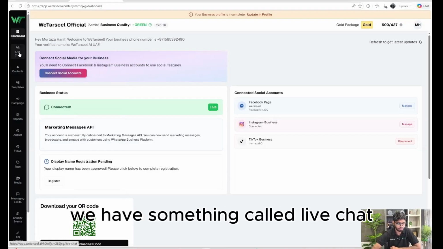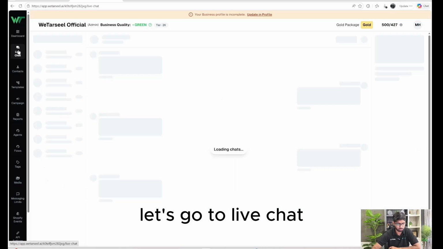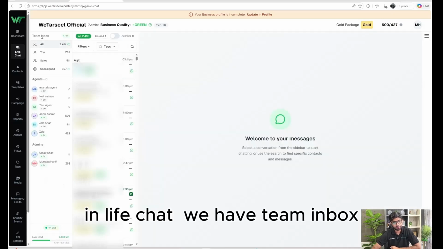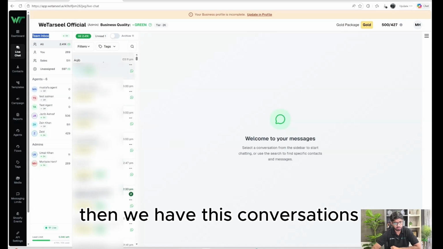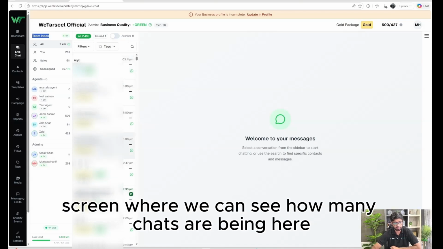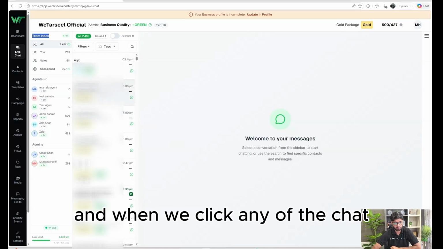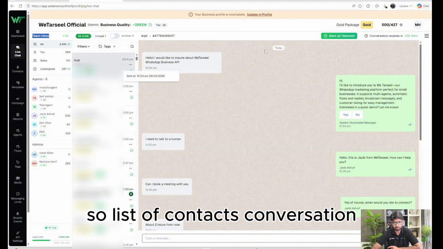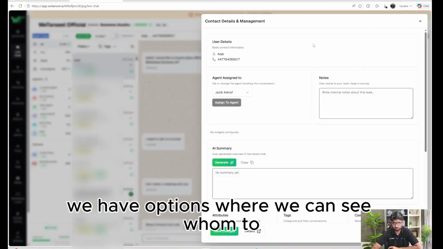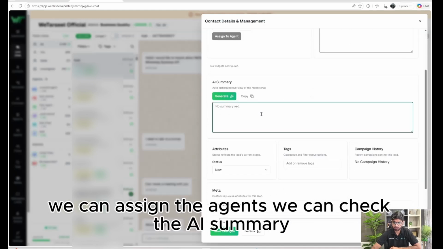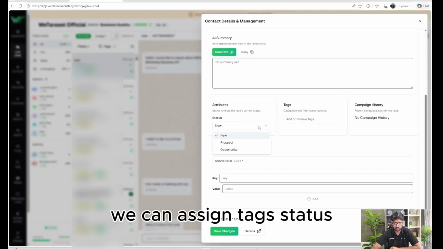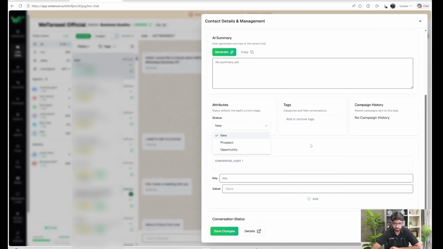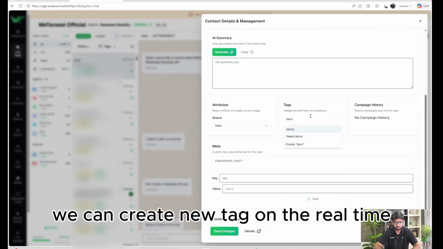So on the left hand side, we have something called live chat. Let's go to live chat. In live chat, we have team inbox, then we have this conversations screen where we can see how many chats are here. And when we click any of the chats, we see their conversations. So list of contacts, conversation, and on the right side, we have options where we can assign the agents. We can check the AI summary. We can assign tags, status. We can create a new tag in real time,